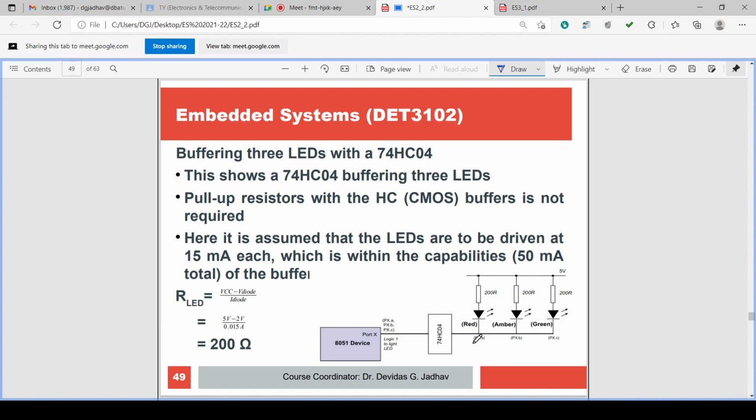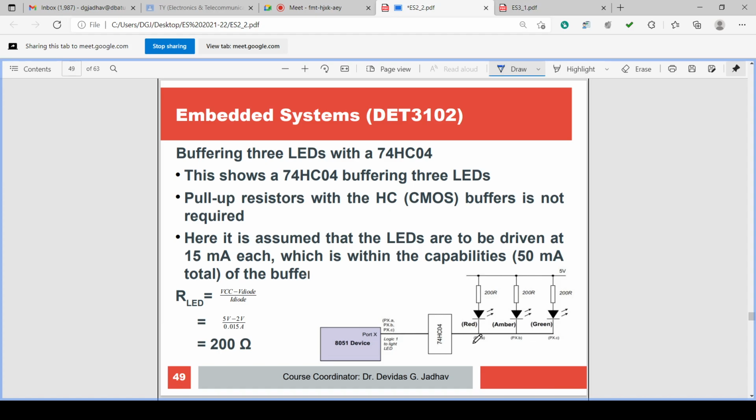and if the minimum current is not provided to the light emitting diode, then that circuit will not work. So for the circuit to work, the minimum current should be provided. And if it is not possible to send the minimum current from the 8051 pin, then we can connect an additional buffer. Here the 74HC05 buffer is connected. That additional buffer will take the signal from the 8051. Suppose the signal is high, it will output high.